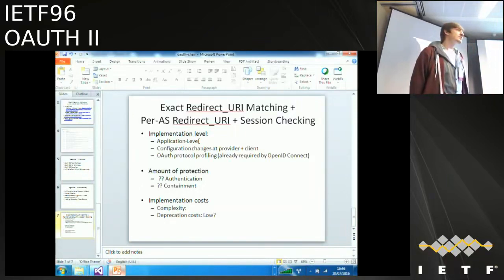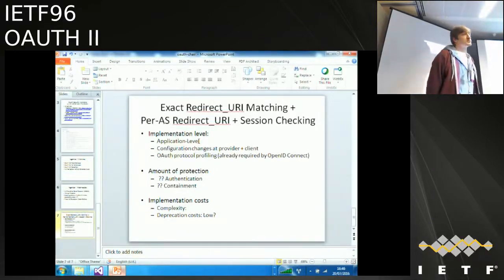a whole category of attacks that, frankly, are probably more scary than mix-up, because mix-up actually assumes you have a compromised or a bad OP, but an open redirector can be used with a good OP, right? So right, and we can definitely point to the open redirector. There's a separate write-up on this, and we have.